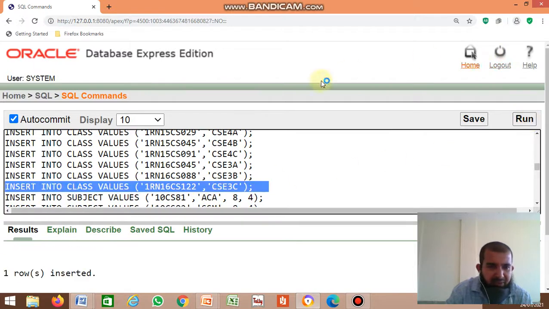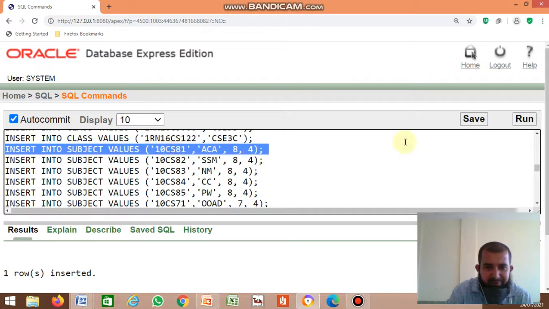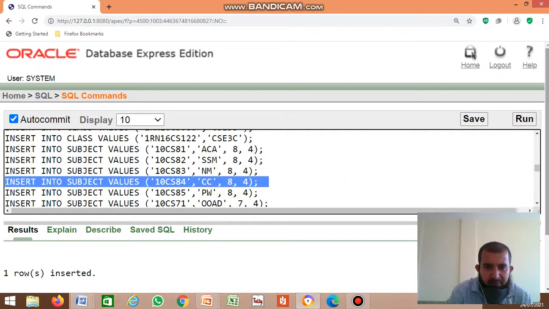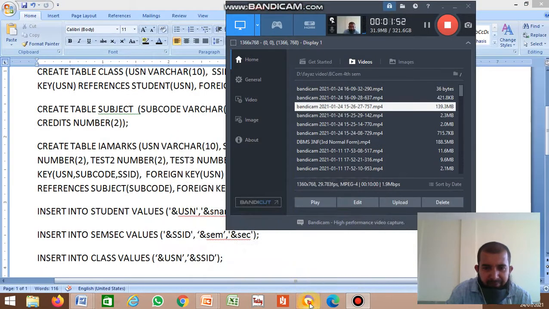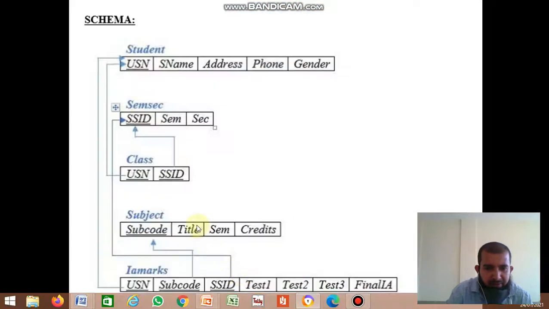After inserting values in the class table, next insert the values in the subject table. The subject table contains subject code, title, semester and credits.